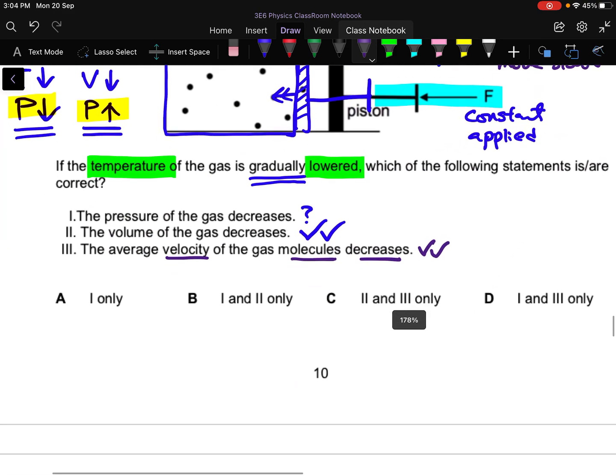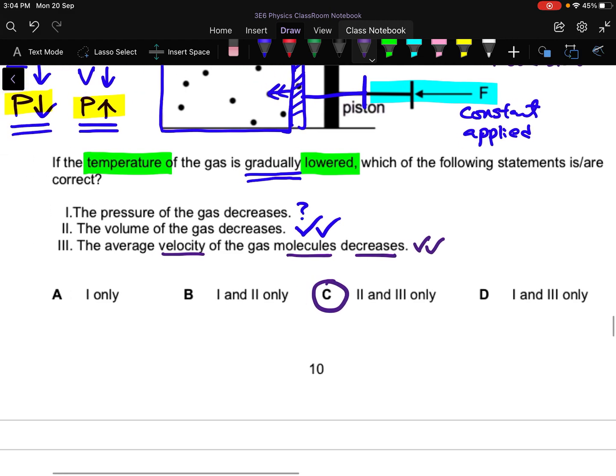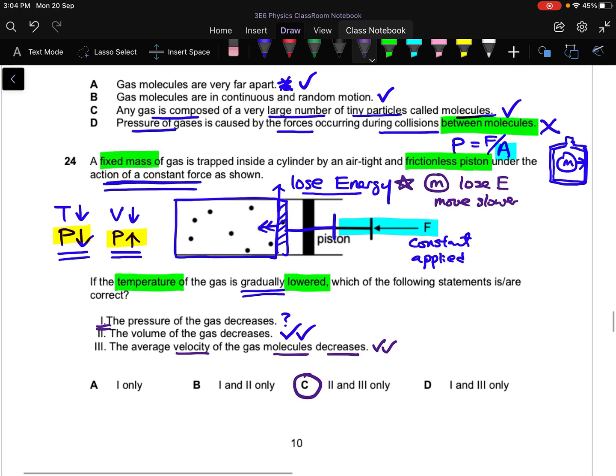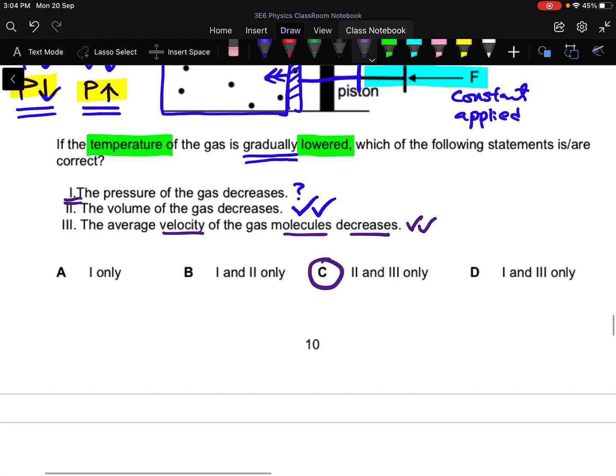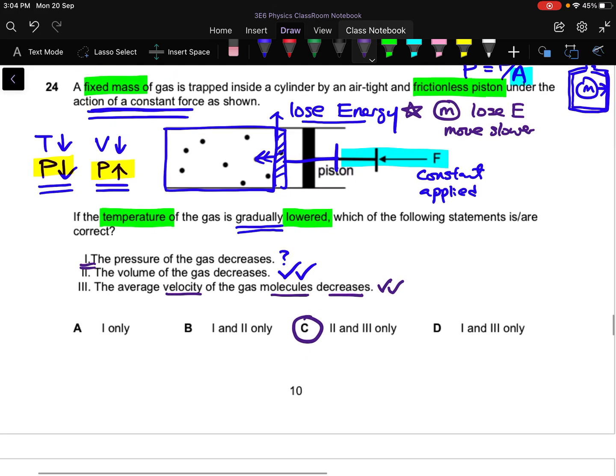So I know that 2 and 3 are definitely true, so I will choose C. And thank God the teacher didn't give me an option whereby 1, 2 and 3 are correct. So if option 1 is also included in the MCQ, please raise your hand and ask the teacher to check whether the question is designed correctly or